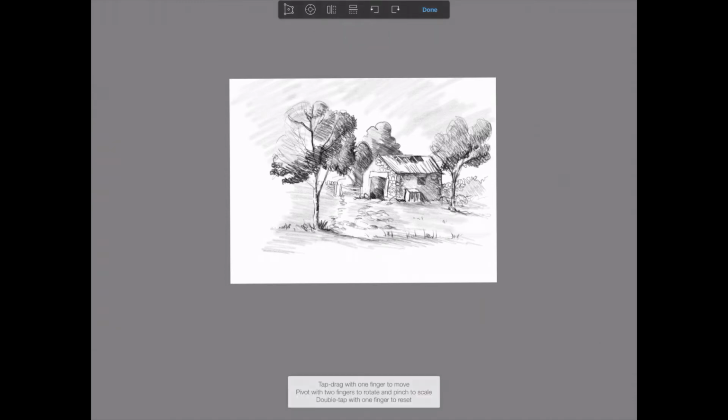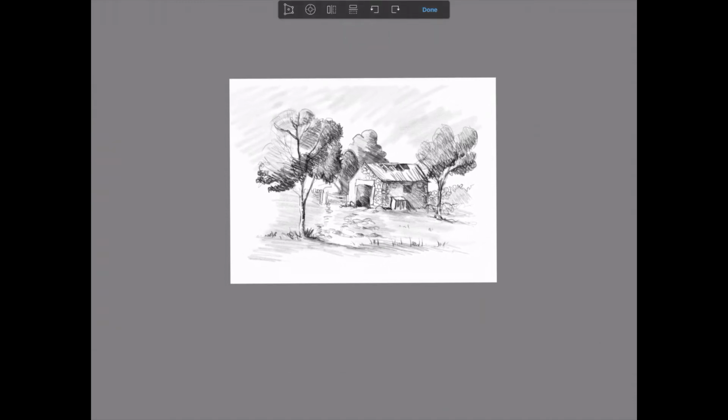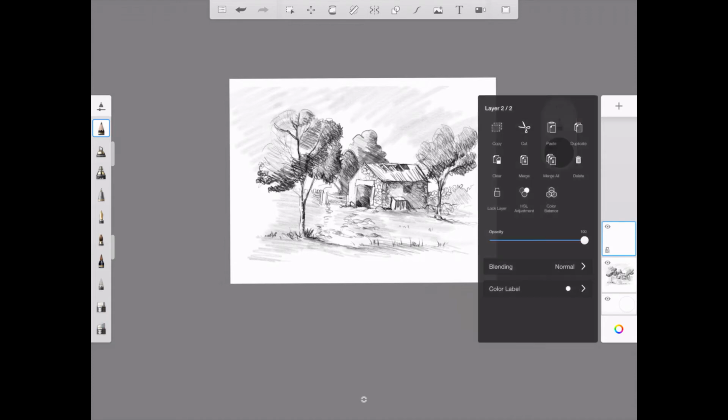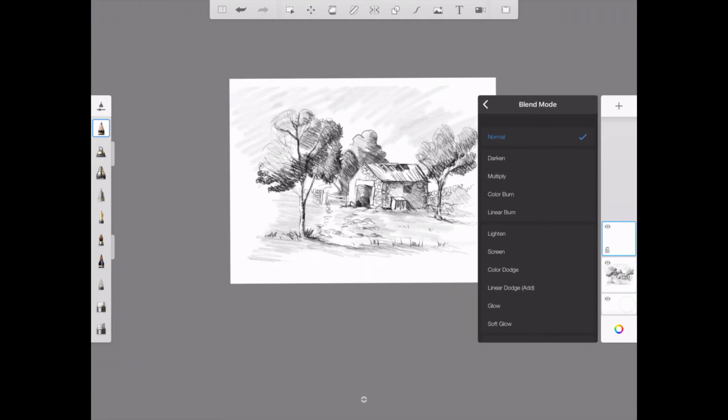Well, first of all, I merged the layers down and I centralise. It was really easy to centralise the image and put it into the centre of the page. Just selected the little 4 arrows tool to move the image. Then I created a new layer, and first of all, I set the